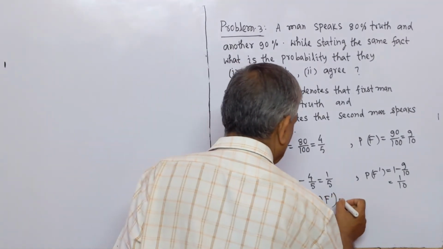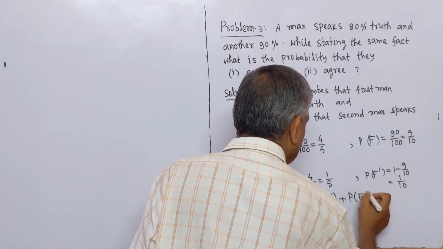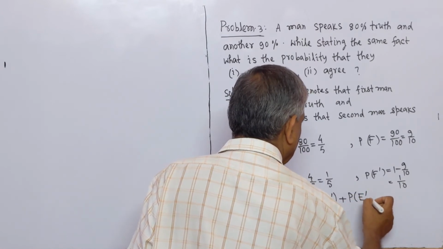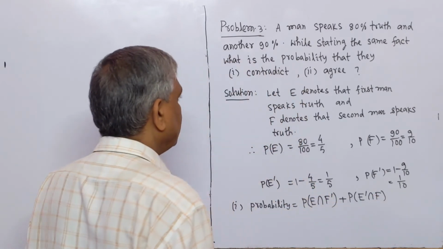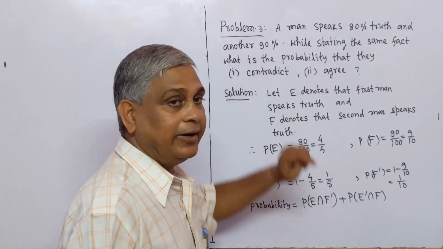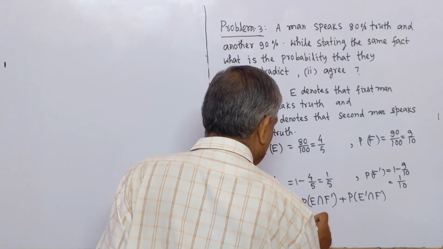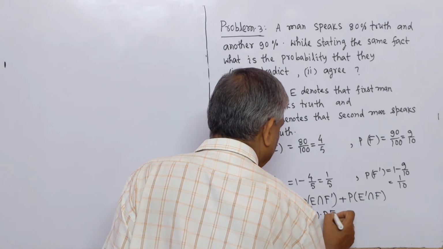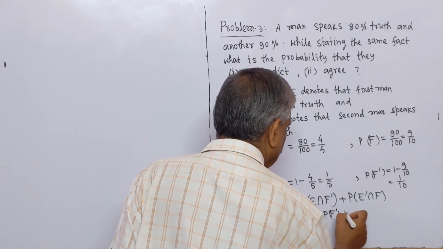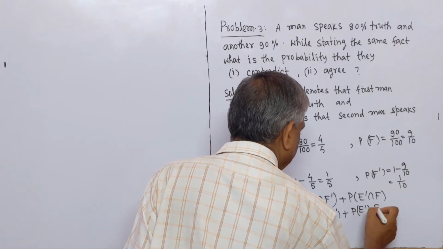Or first man does not speak truth and second man speaks truth. Both are independent events. So this equal to P(E) multiply P(F prime) plus P(E prime) multiply P(F),